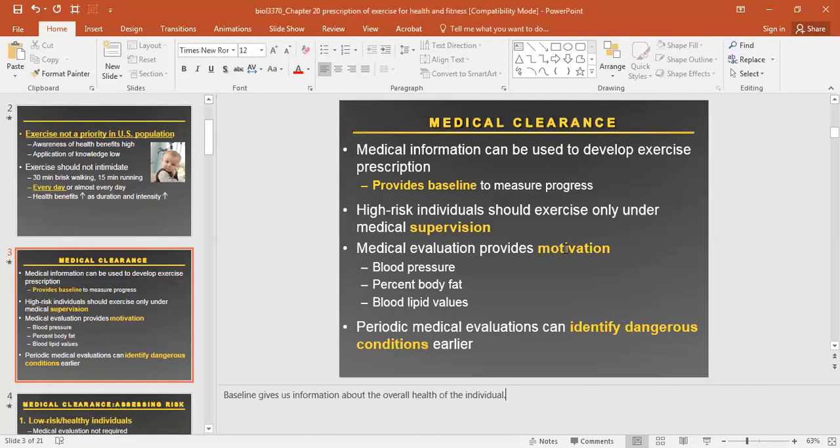If you measure someone's blood pressure and they don't realize they have high blood pressure, it can be a kick to them to say, you know what, you really need to get this under control. Especially with regard to things like percent body fat. You may measure someone's percent body fat and it may be much higher than they expected, and it can be a wake-up call to say, you know what, you're unhealthy and you need to take the steps to